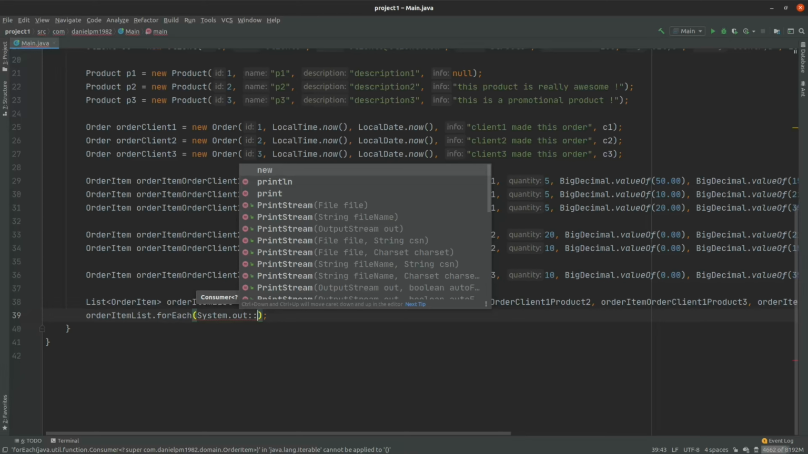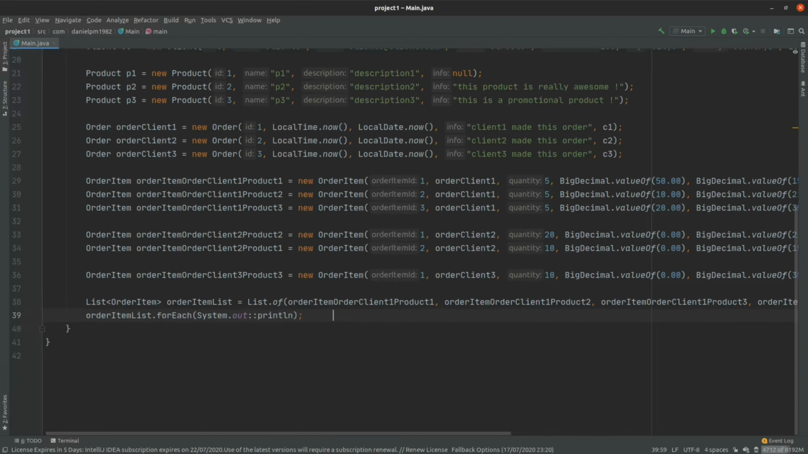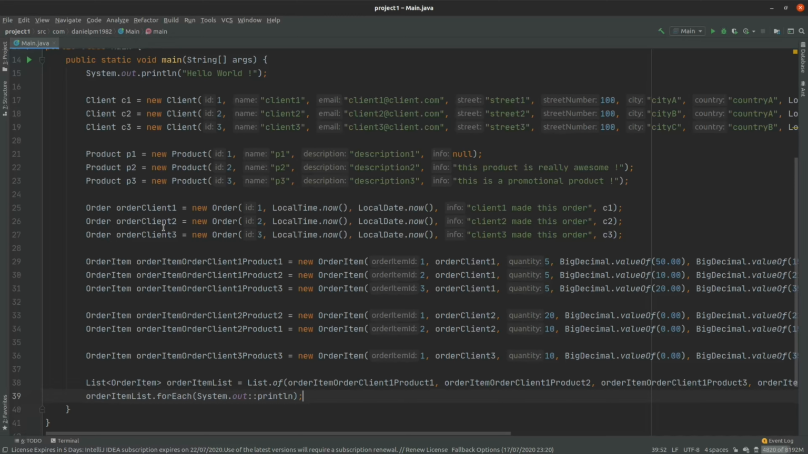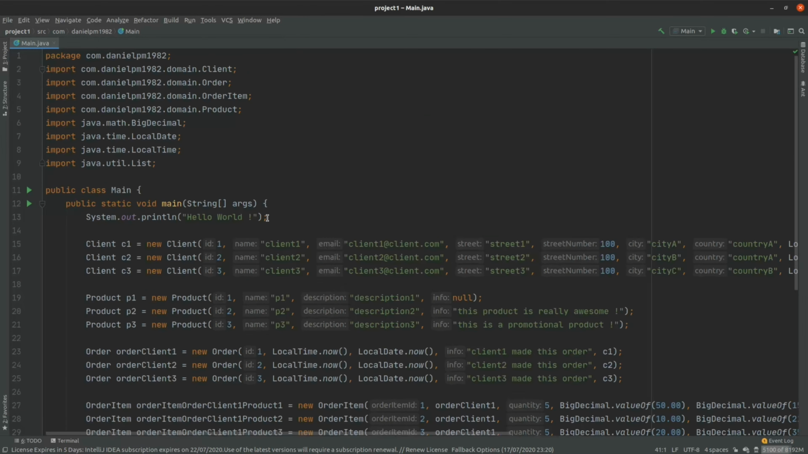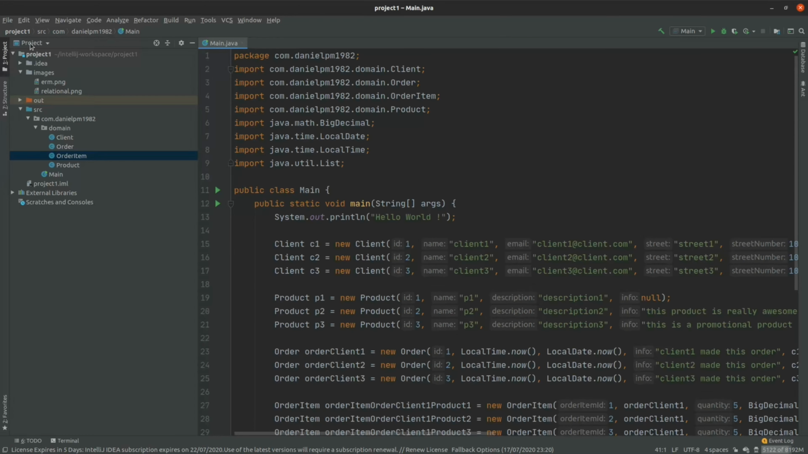System.out::println. So this will print all the order item instances that we've created over here, and through the toString method of those order item objects, it will also be printed the order, and through the toString of the order it will be printed the client, and also through the toString of the order item it will be printed the product as well. So let's test our class, and for that you can